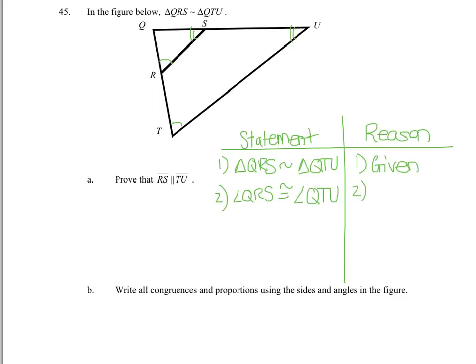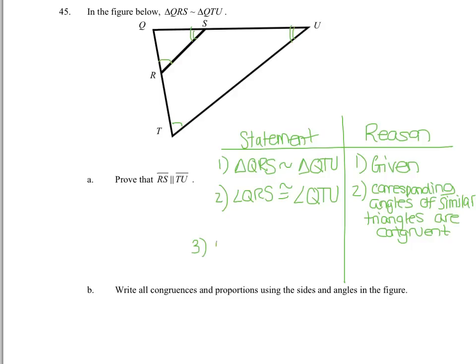And my reason for that is corresponding angles of similar triangles are congruent. So we've proven that these two angles, angle QRS and angle QTU, are congruent. So finally, we can prove that RS is parallel to TU